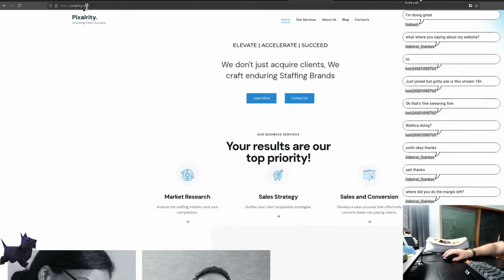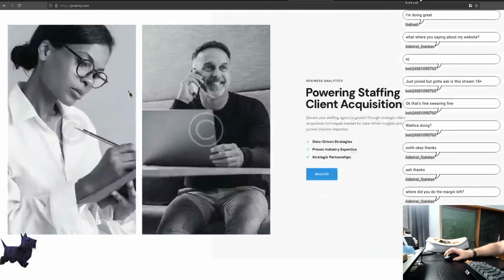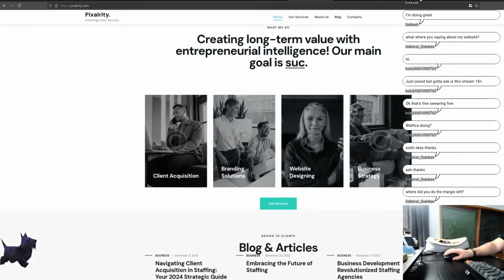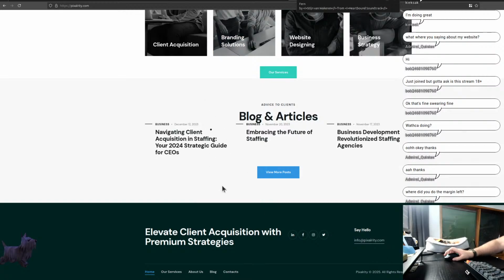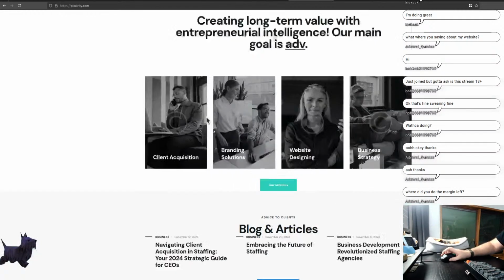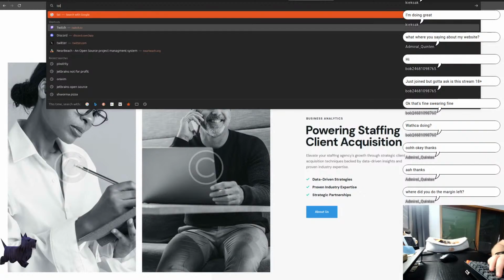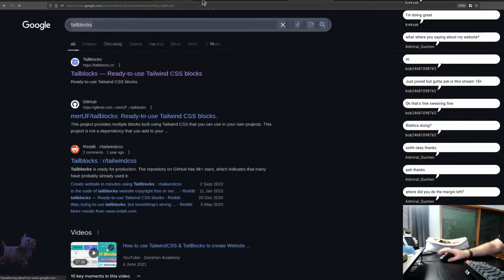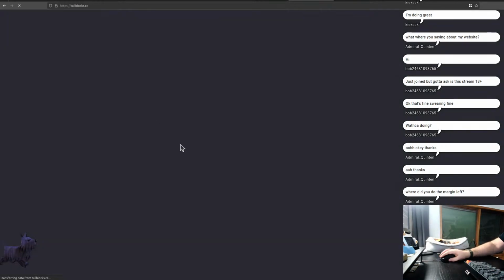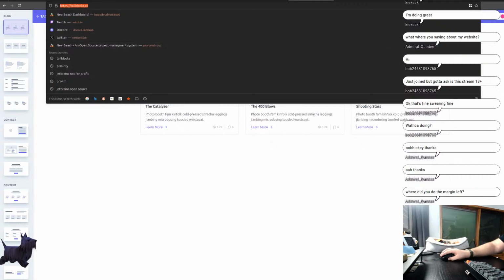It doesn't matter, the same sort of concept sits. Have a look at how people are designing their sites. Be like, all right, cool, that looks cool. I like how that's laid out and stuff like that. You've also got stuff like Tailblocks. Now this is mainly for Tailwind CSS. However,